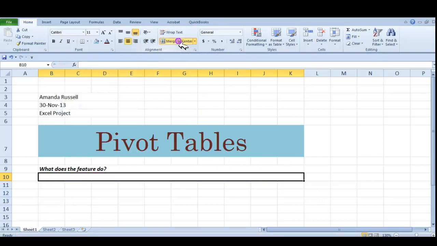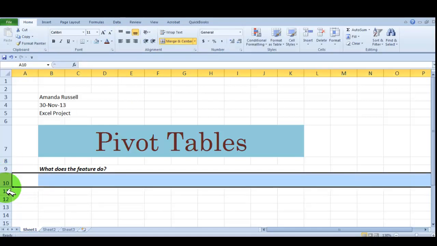So we'll select Merge and Center. Here's where we need to click Wrap Text. You could leave it centered or left align it. And then when you type in here, you might have to make it bigger manually, which you do by